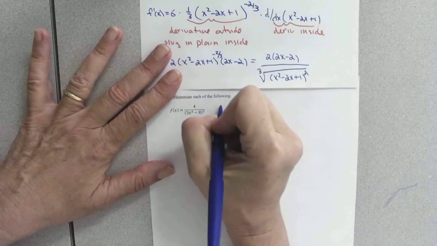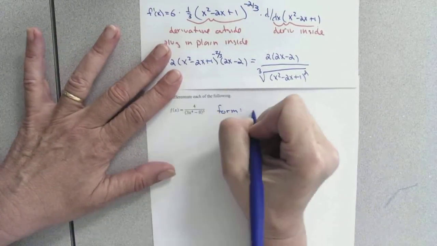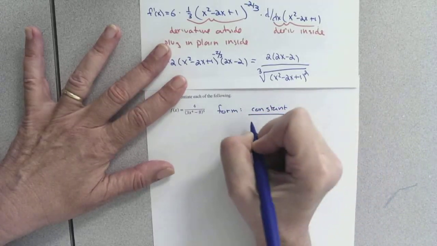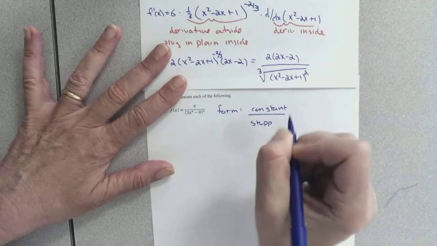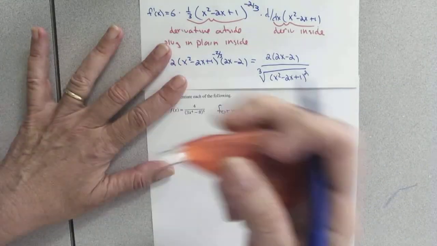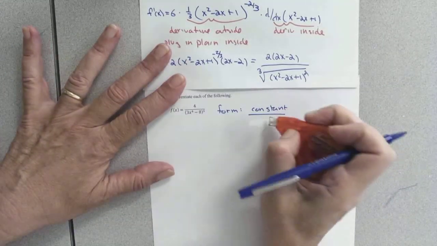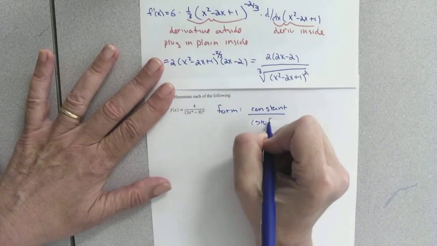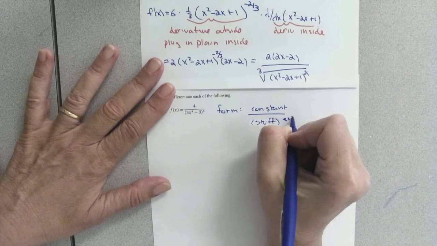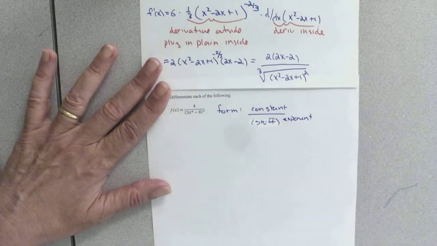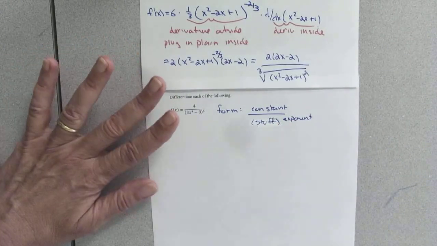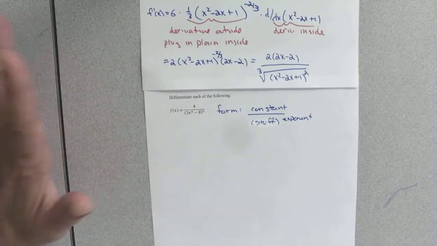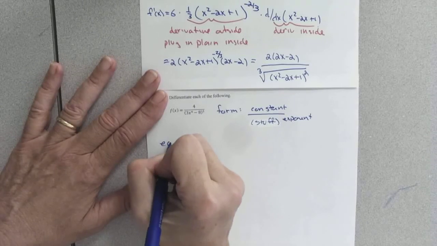My form here is a constant over stuff. That's not stuff, that's stup. I don't know why I wrote the word stup. That's stupid. Constant over stuff raised to an exponent. When you have that form, and very importantly, a constant in the numerator, 4, 2, whatnot, easiest,